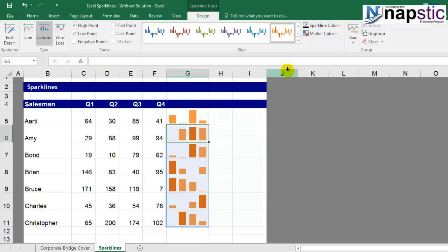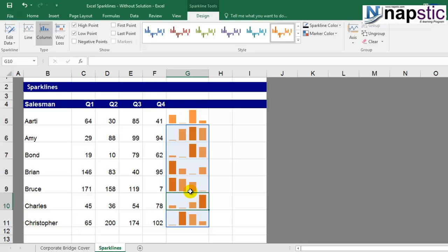Now, if you observe this chart over here and you compare the employees, for example, if you look at Charles and Christopher, the performance of Charles is the highest is this, and for Christopher the highest is this, which is around 200. So if we were to compare, it is not the correct comparison, right? We here are not comparing the maximum and minimum of respective areas. We want it to be the same for all the employees or all the salesmen, right?